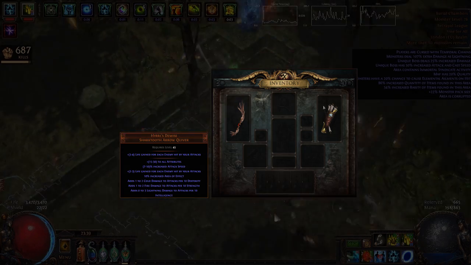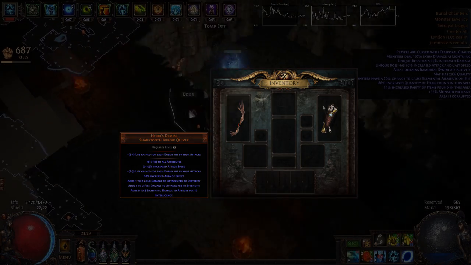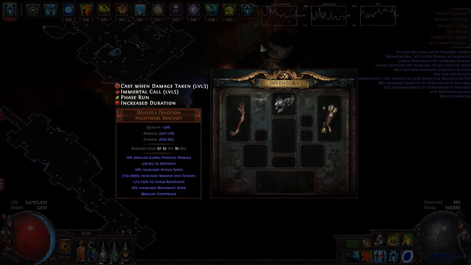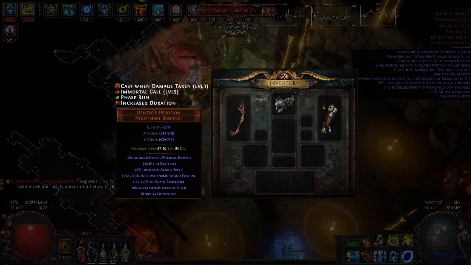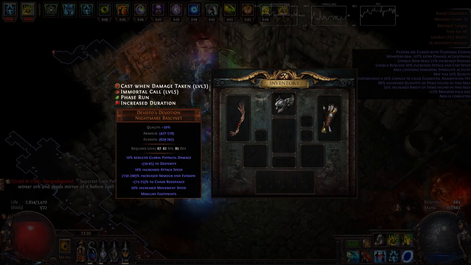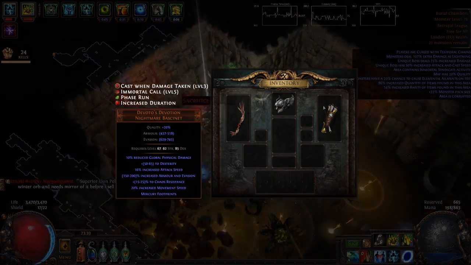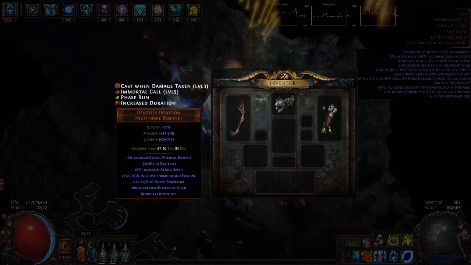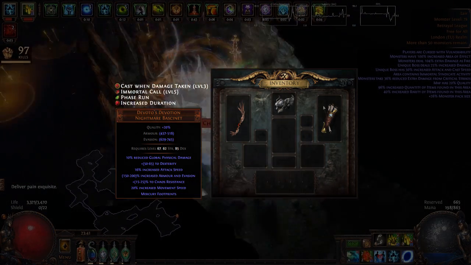Quiver. I like using Arrows Deadeye for Rain of Arrows. It is cheap and offers pretty much all that we need. Helmet, the one and only Devoto's Devotion, gives a lot of speed and we need it to farm fast. In it, I recommend using Cast When Damage Taken level 3, Immortal Call level 5, Phase Run, Quality matters a lot, and Increased Duration. The best damage enchant here is Rain of Arrows has 15% chance for another sequence, but